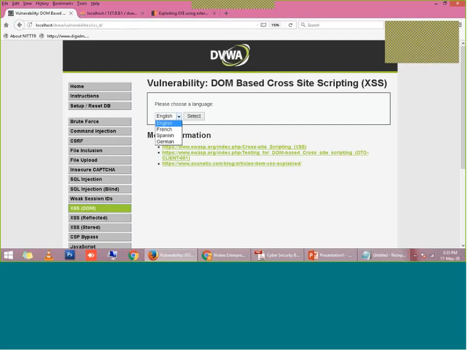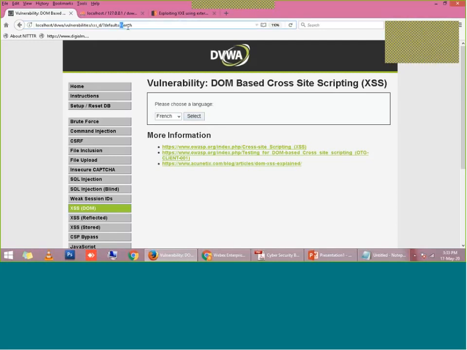Suppose I want to change the value of this drop down. If these drop down values are coming directly from the database, we will not be able to alter this. But in a DOM-based attack, if it is given on the web page only, you can see here when I select English and click the select button, the address bar shows English. When we select French, it shows French, right?